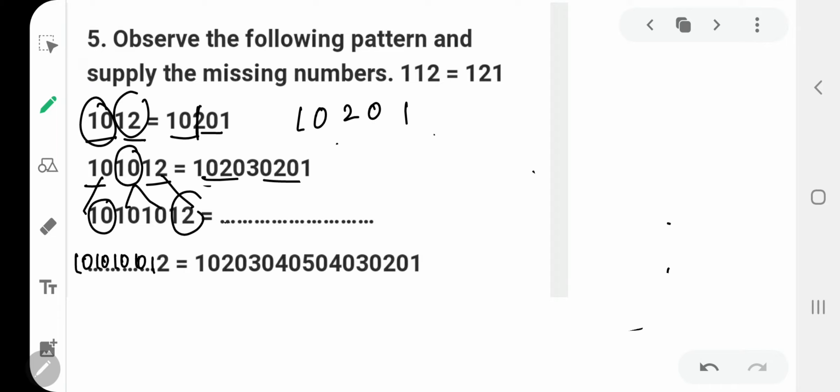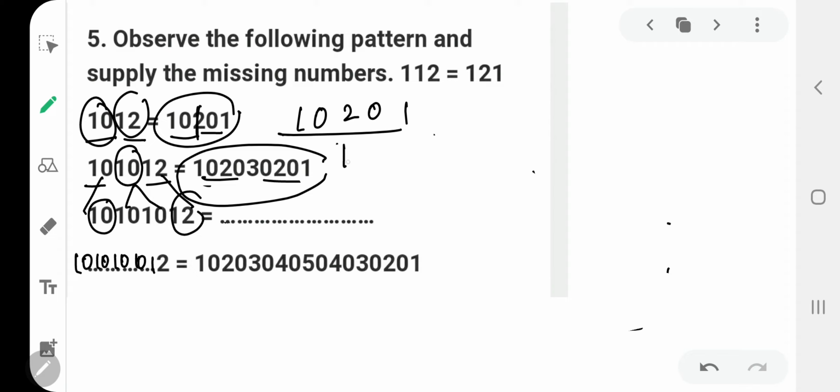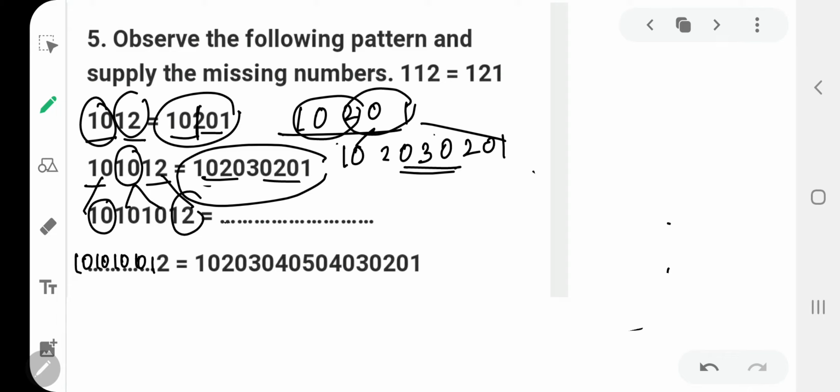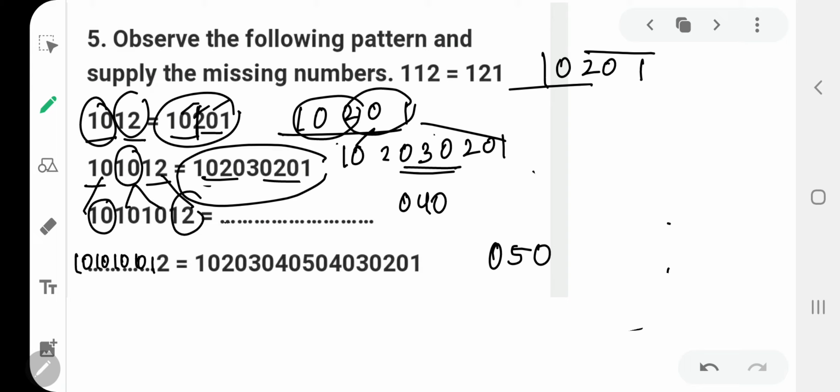Okay kids, if you observe clearly, it is 10201, your first number, and then the pattern says that down it has come 102030201. That means you have split 102 and 201 separately, and between them 030. Got my point clear? 030, the next number after 020, so in the next number we will write 040, and in the next 050. And how will the outer numbers be? Just as you split 10201 into 102 on one side and 201 on the other side. Getting my point? Half and half.